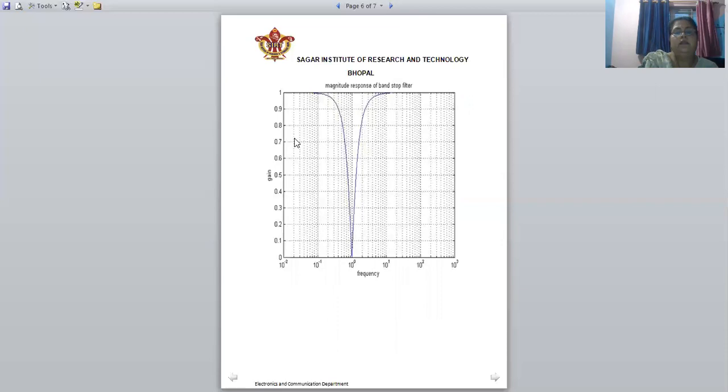And this is the graph which we have obtained through MATLAB, where we have written this MATLAB code and run that code, and this plot figure is obtained in the figure window, where the frequency is on the x-axis and gain is on the y-axis, and this is the magnitude response of the band stop filter. So from zero, this is the region of pass band, this is the region of pass band, and this is the stop band. It looks like a notch, so this filter is also known as the notch filter.